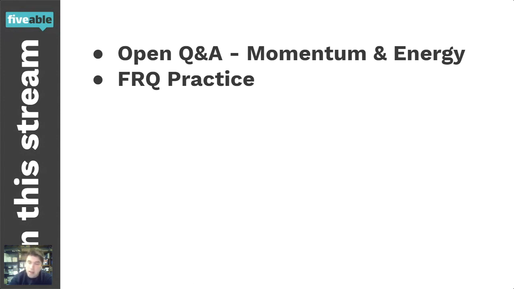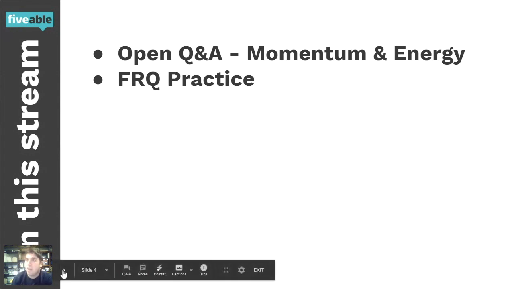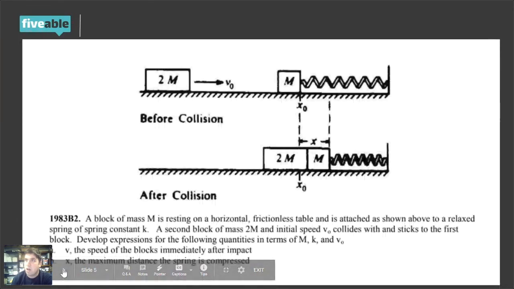All right. Since the first two have dropped off, we will move on to doing some FRQs. Now, all these I'm going to solve in a minute, but these are all old AP Physics B and C questions. These are all the mathematical side of momentum. We'll get to the non-mathematical side in a little bit, dealing with deriving equations, calculating energy, and then calculating the momentum, or vice versa.